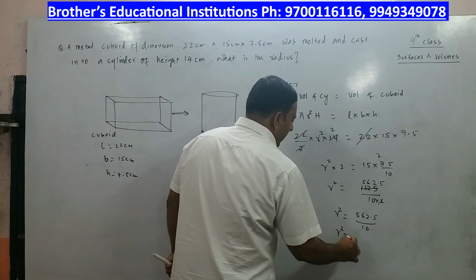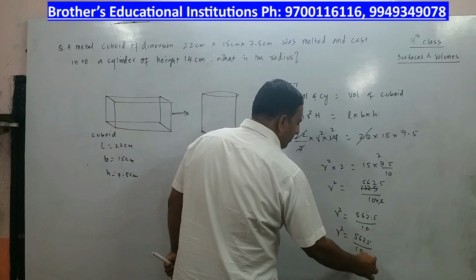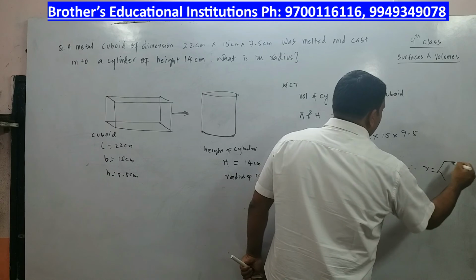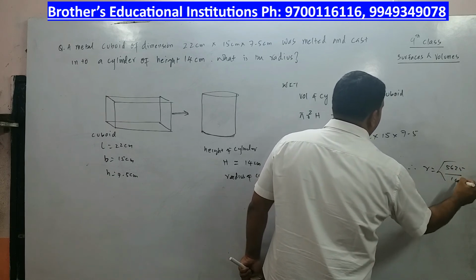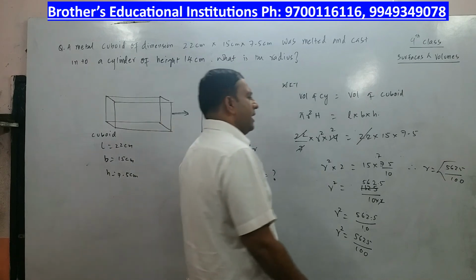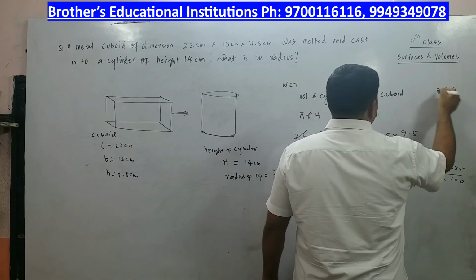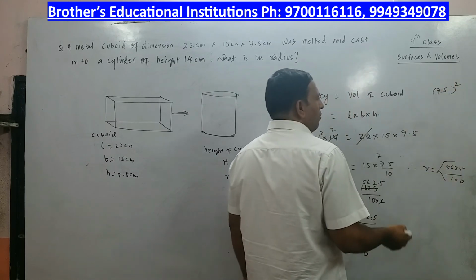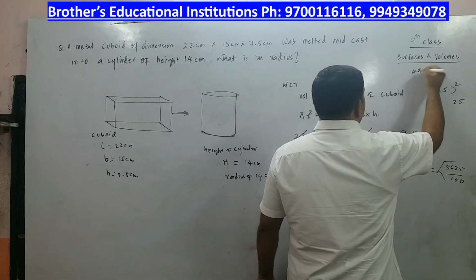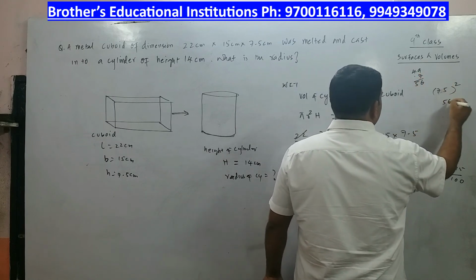I can write r square as 5625 by 10, and this point I will bring it down, it will become 100. Now I want to find the value of r. So therefore r is equal to under root of 5625 by 100. Now what is the square root of 5625? You need to search for that. See, it ends with 5. So let me check with 75. What is 75 whole square? Let me check what we get. 5 square 25. 7 7s are 49. 49 plus 7. What is 49 plus 7? 56. It is 5625.